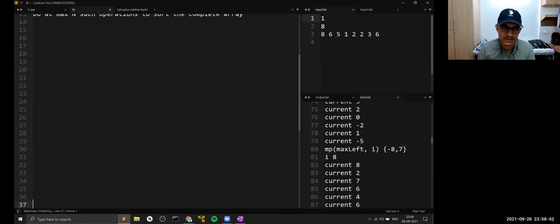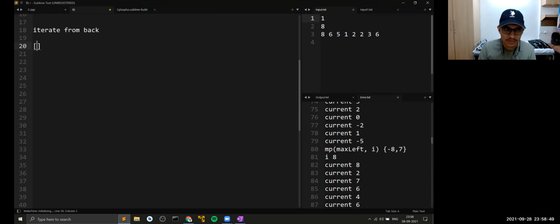What you can do here is you can iterate from back. So if this is your array, now if this is the element that you want, if you want to sort this whole array, this element should be the maximum, right? The maximum in this whole array. So you will check if this is the maximum in this whole array or not. If it is the maximum, then there is just no need to rotate or do anything, right? You can reduce your problem to a similar subproblem by just removing the last index.